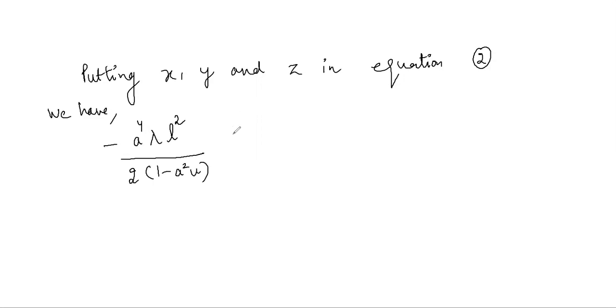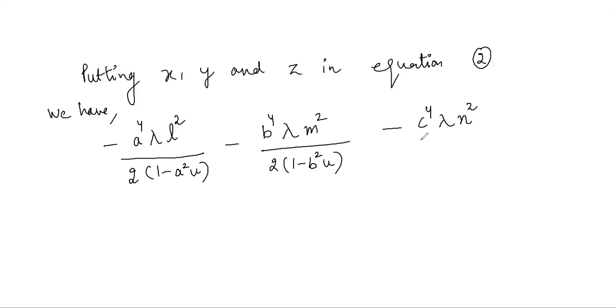The next term in equation 2 is my, so it will be minus b raised to power 4 lambda m square over 2 1 minus b square u, minus, then we have nz, which will be minus c raised to power 4 lambda n square divided by 2 1 minus c square u, and the right hand side of equation 2 is 0. If we simplify this, here lambda